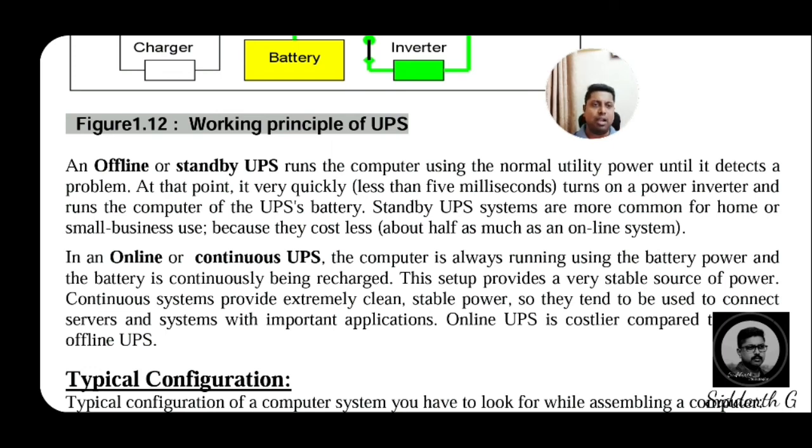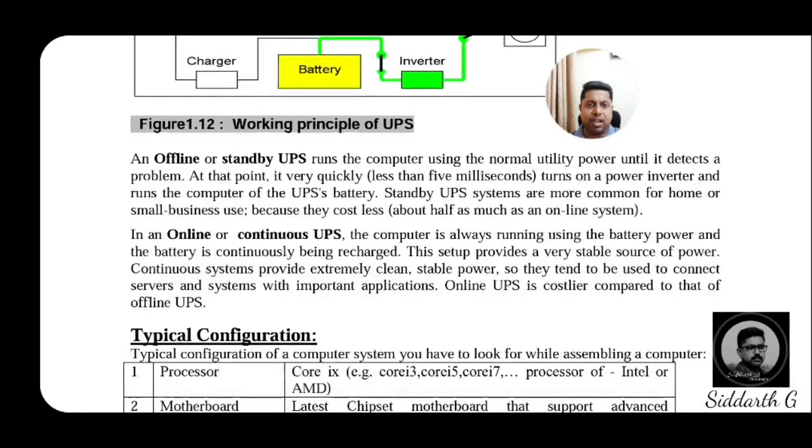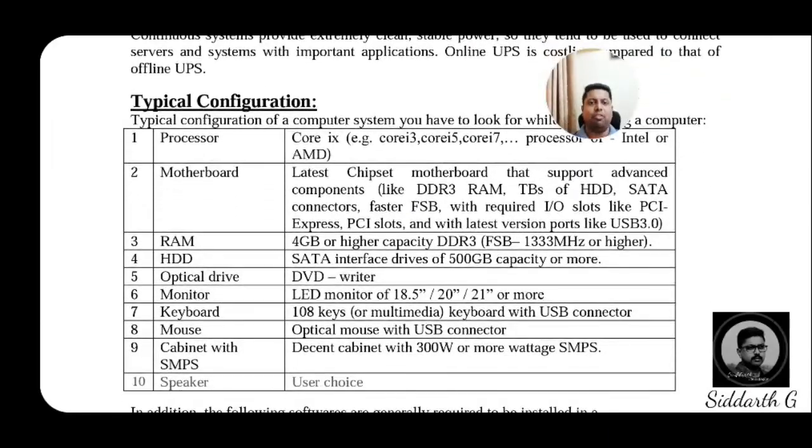After this we have one small configuration of a system, and we give one example based on that configuration. If you are able to observe your screen, now I am showing one best configuration for an advanced type of computer, with the processor speed, processor company, devices like RAM and its configuration, hard disk and its configuration, optical drives, monitors and their classifications, keyboard, cables with the connections of the SMPS, speakers, and also some other devices and their configuration.